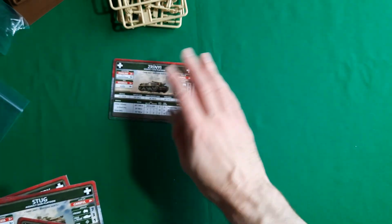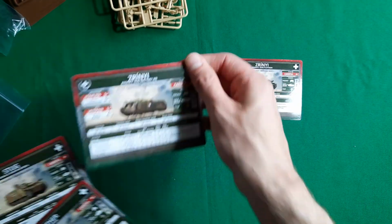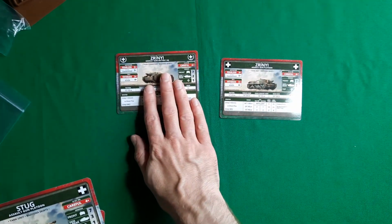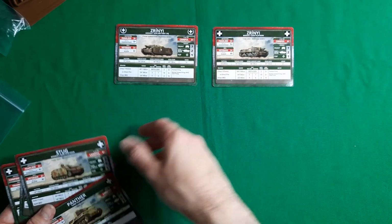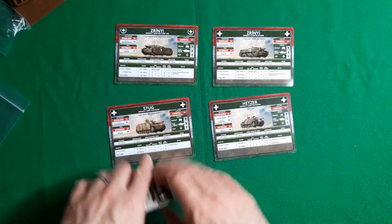And the army you can make from this set is quite a good one. They get the assault company, assault gun battery. That's it. A HQ Zrini HQ. A unit of the same things, 3 of them. A unit of 3 Stugs. A unit of 3 Hetzers. So that is your core